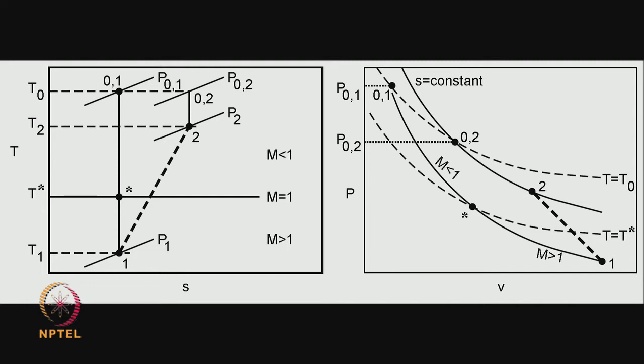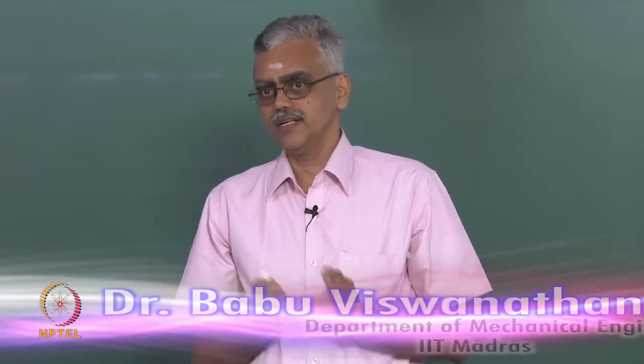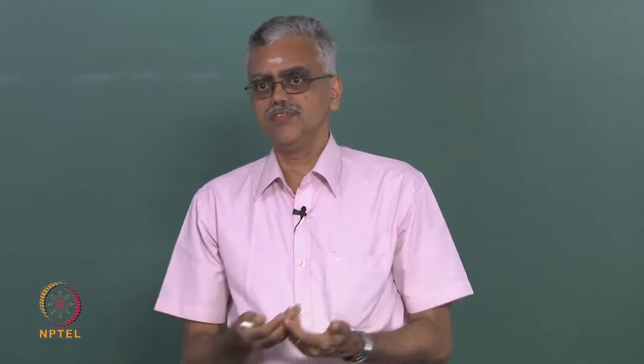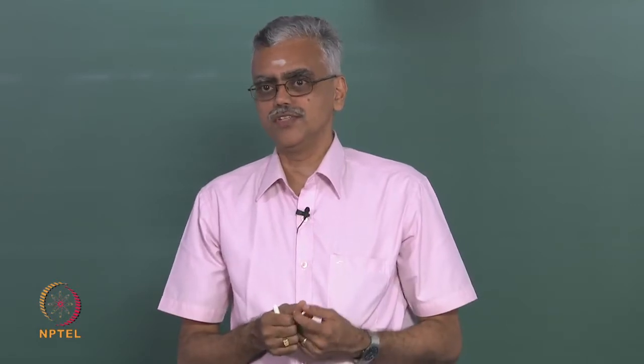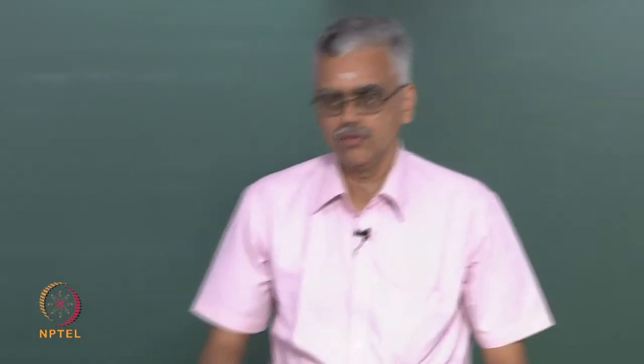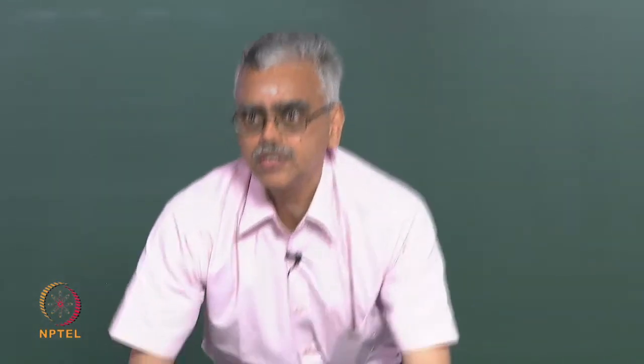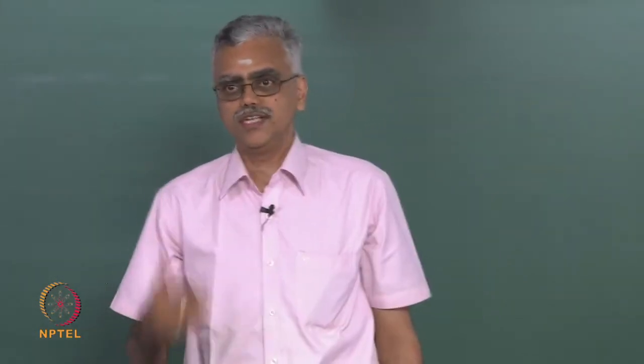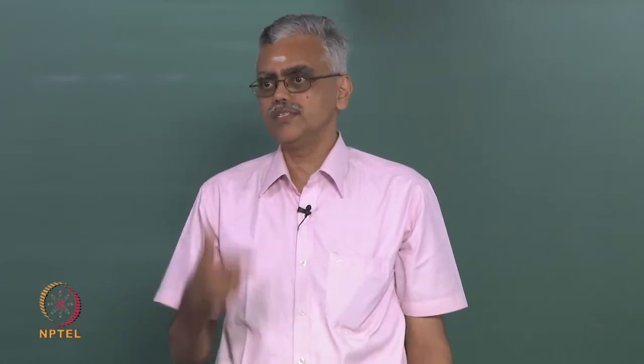wave. One important aspect about this diagram is that although we have connected states 1 and 2 using a line, you must keep in mind that states 1 and 2 are actually not connected by a line. State 1 and state 2 is a discontinuous solution, so we have a wave. So, for the purposes of illustration, we have connected the two states with a straight line, but notice that the flow actually does not go through any of the intermediate states here. It is a discontinuous solution, so we go directly from state 1 to state 2 without passing through any of